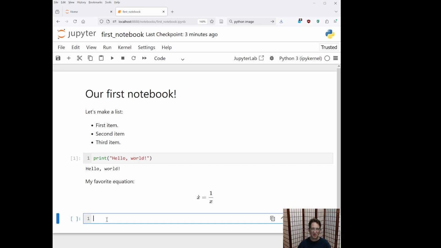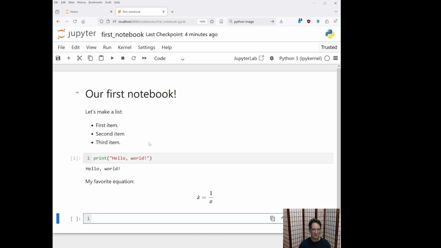You can also put images in there. So let's say you have the address, the URL of an image, or a local path to an image. I'm just going to look online here for a Python logo, and use that. So the way to render an image in Markdown, look first,